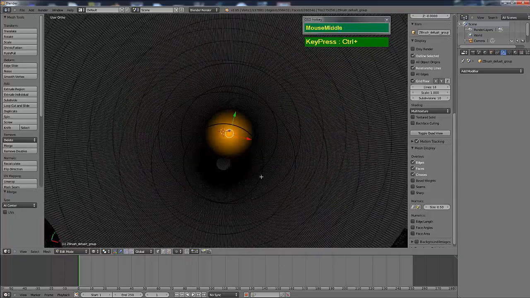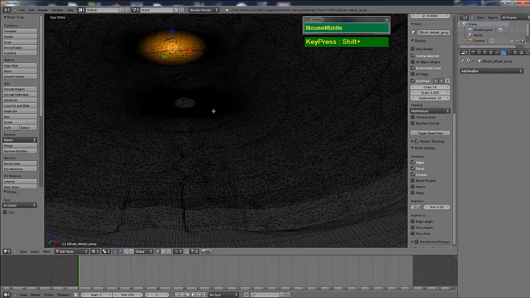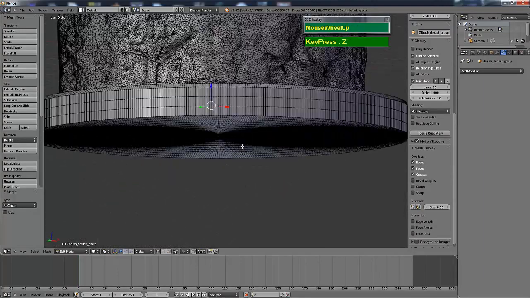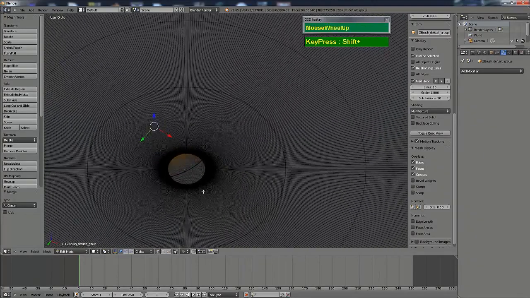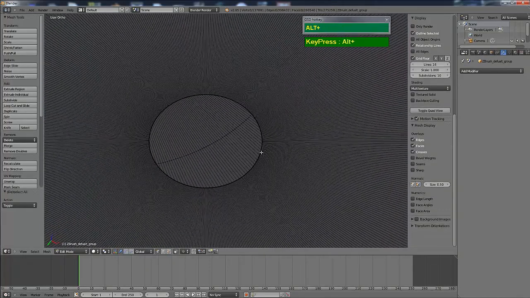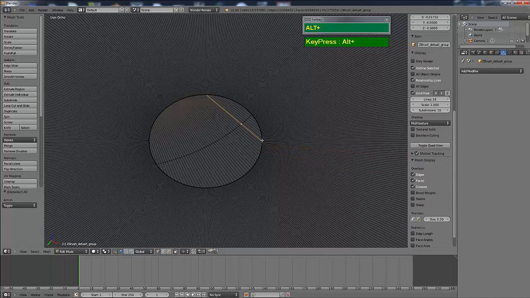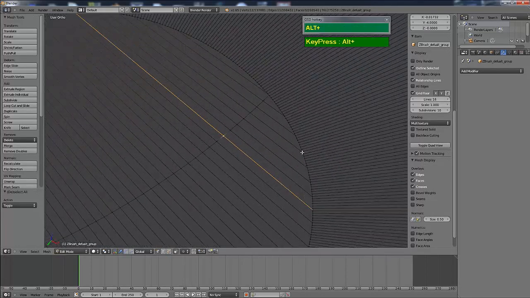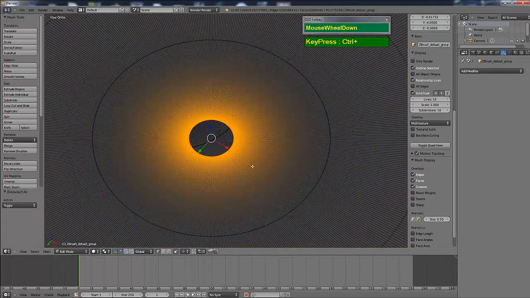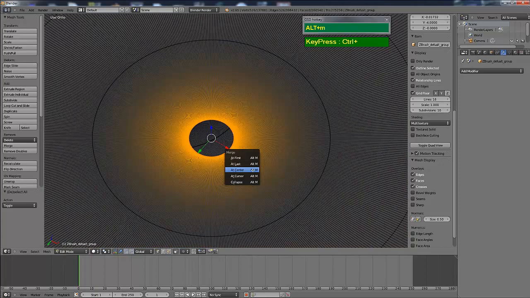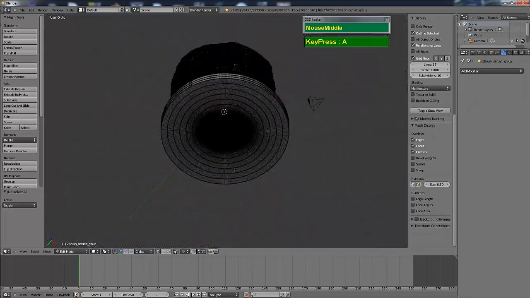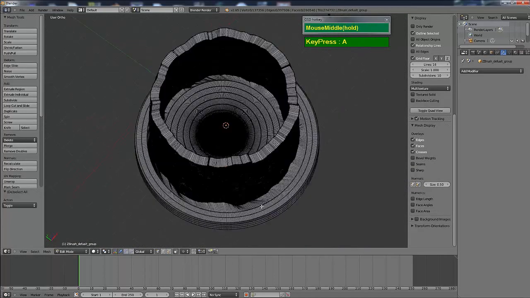I'm going to do the same for the one at the bottom here. So what I did was I just orbit down to the bottom here, just to tap this point. Press A to deselect, then hold down Alt, right mouse click to select the edge. Okay, the edge loop here now is selected. Then press Alt M and merge at the center. Then press A to deselect. And now your container is complete.